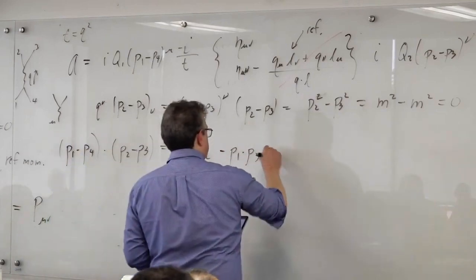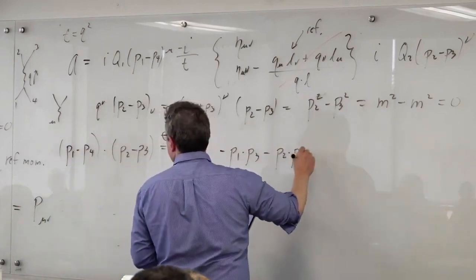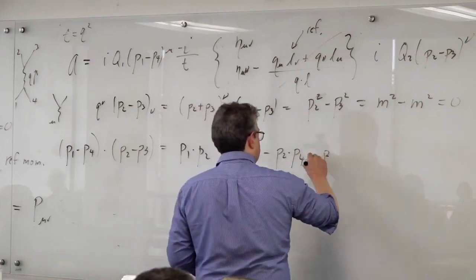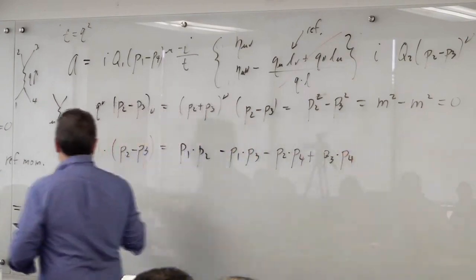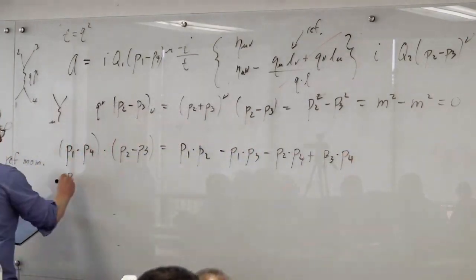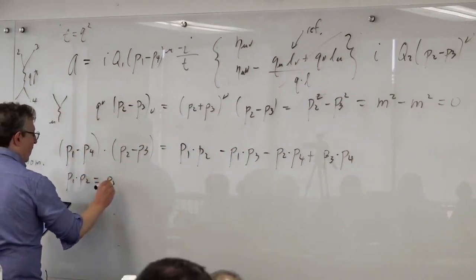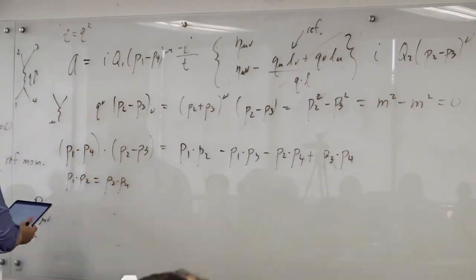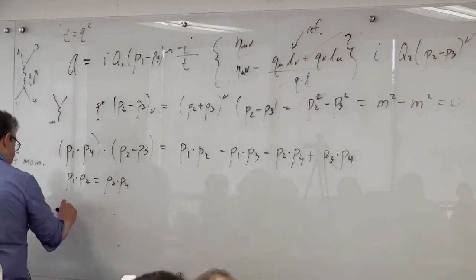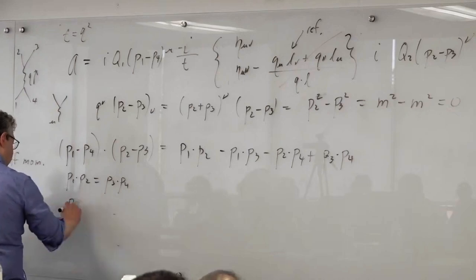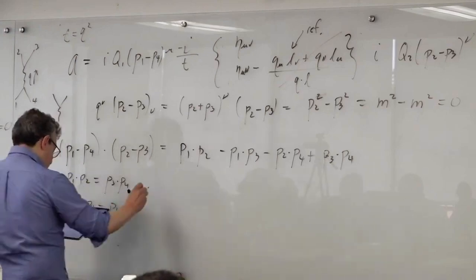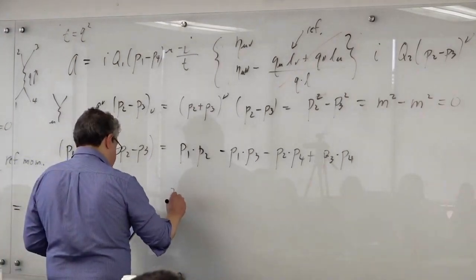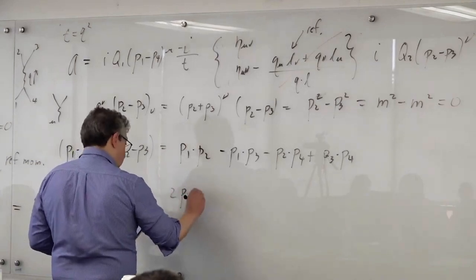Minus P1 P2 dot P4, and then P plus P3 dot P4, and then what you do is you say, oh yeah, there's some momentum conservation. P1 dot P2 is equal to P3 dot P4, and P2 dot P4 is equal to P1 dot P3, and then we can write also that 2P1 dot P3